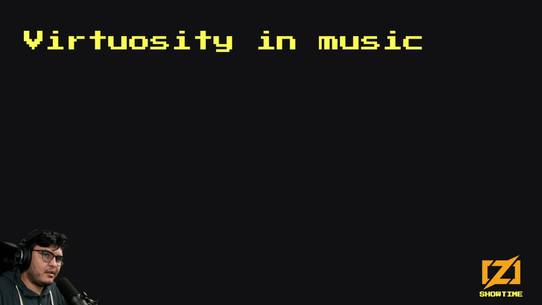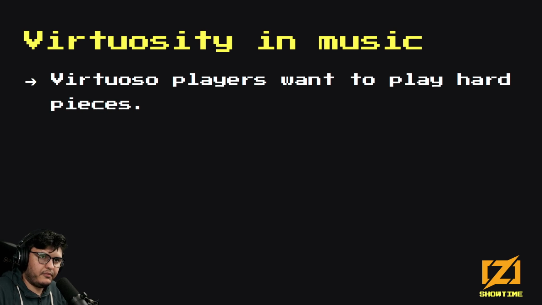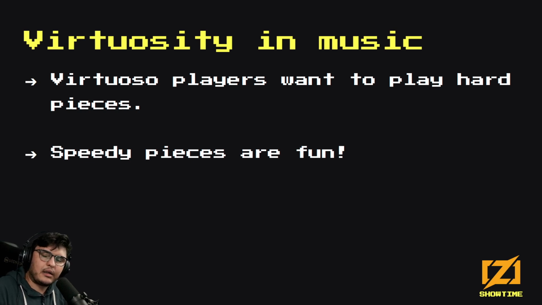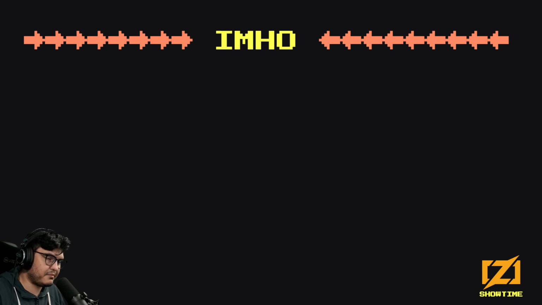So virtuosity in music, it's an interesting concept because virtuoso players are people that want to play hard pieces. Their whole shtick is being good at playing fast, hard stuff. And sure, speedy pieces are a lot of fun, so it's understandable. Makes total sense. But what is really the ultimate goal? Is it just speed? And again, one can do whatever they want. So I'm not really saying, oh, if you try to go for speed, then no, this is morally wrong. Absolutely not. But, and this is in my opinion,